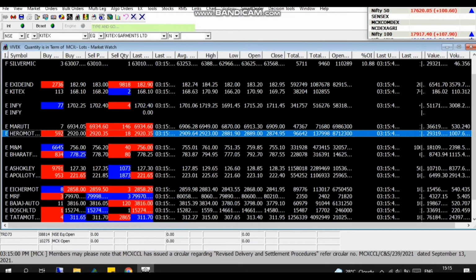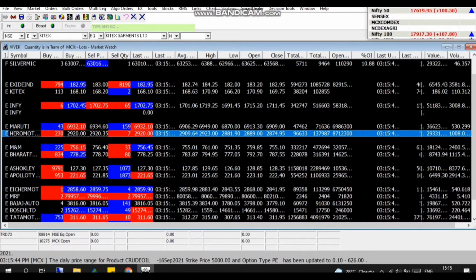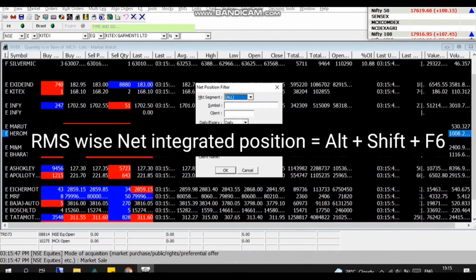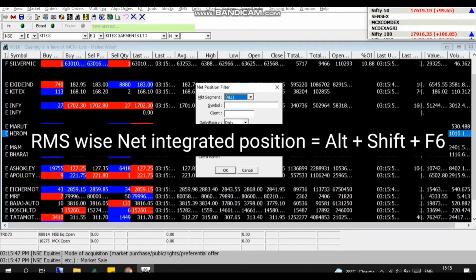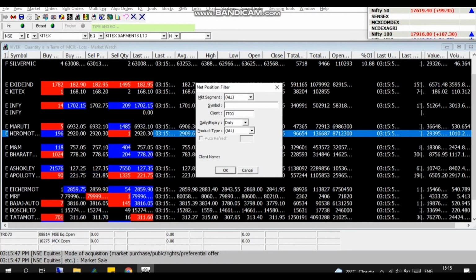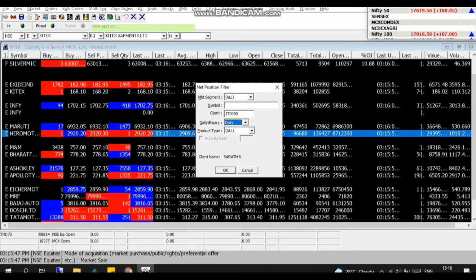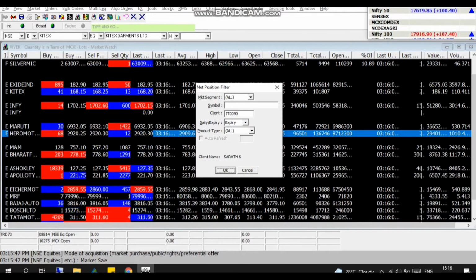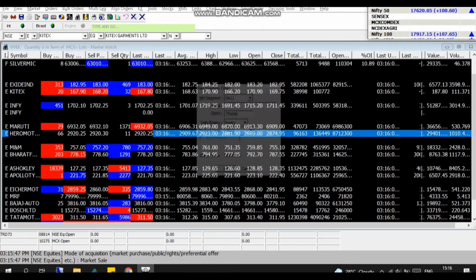Next is to find out the current position of your particular client. Since dealer terminal clients will be trading in 2-3 terminals apart from his own terminal, to get the actual right position, kindly go to net position, take integrated position, give client code and press OK.